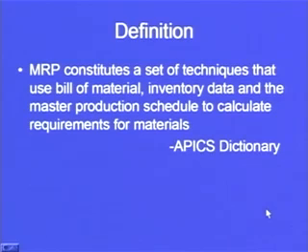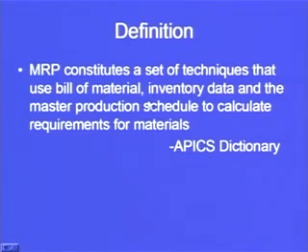How do we define materials requirement planning? MRP constitutes a set of techniques that use bill of material, inventory data and the master production schedule to calculate requirements for materials. So this definition is giving us an idea of what are the inputs and what is the specified output of a materials requirement planning system. For your information, you can see on your slide or on your screen that MRP constitutes a set of techniques that uses